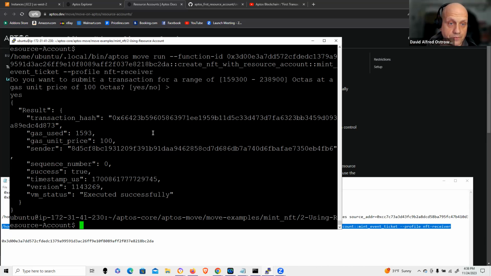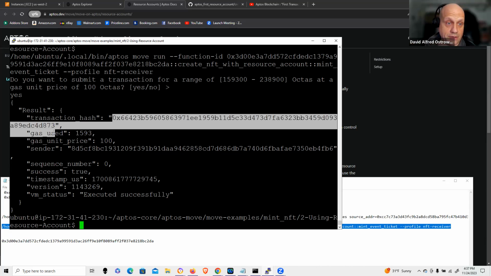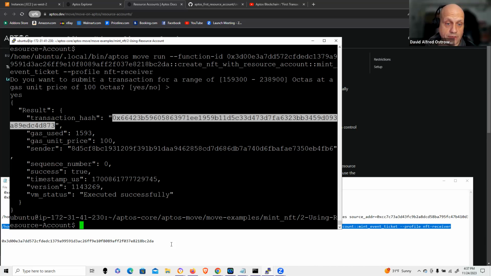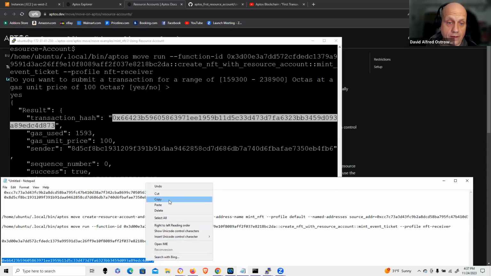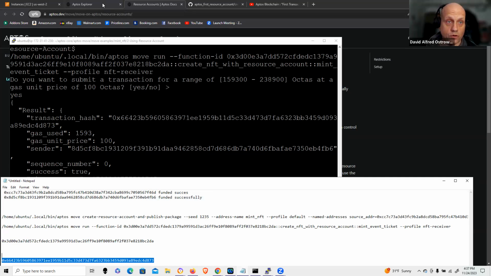So I have the transaction hash here. And did it occur? Did it actually work? Well, let's see. We're going to take that transaction hash and store that appropriately, and it's proof in it. We're going to go to the DevNet Explorer and we can break that down and confirm that it actually worked